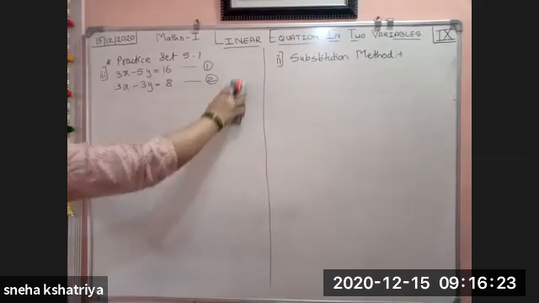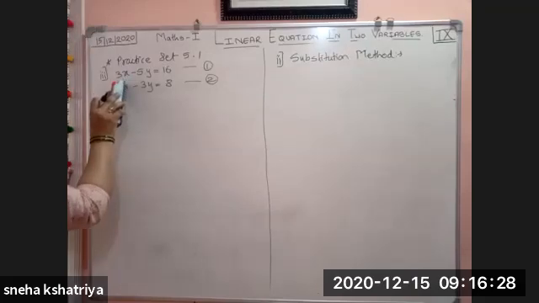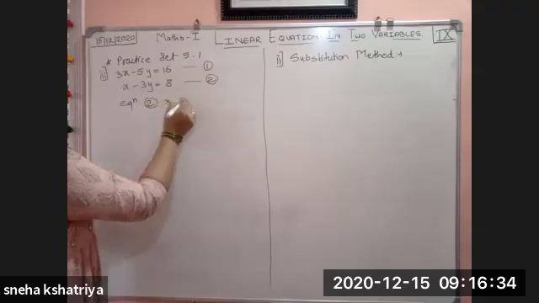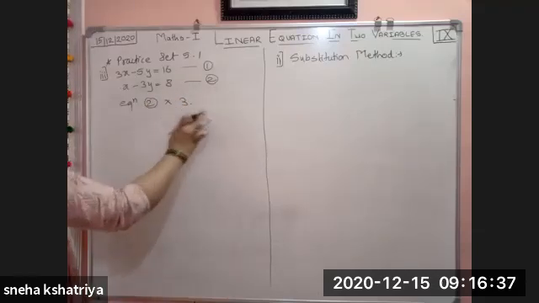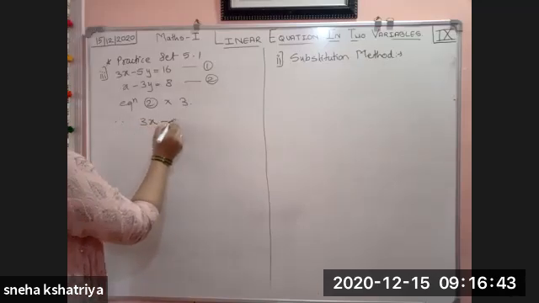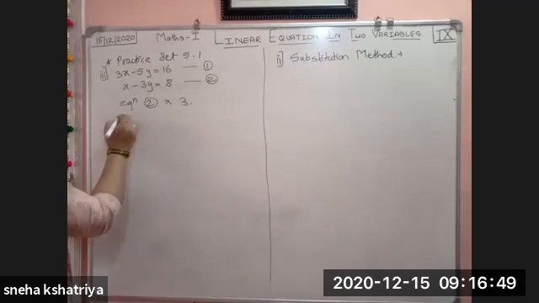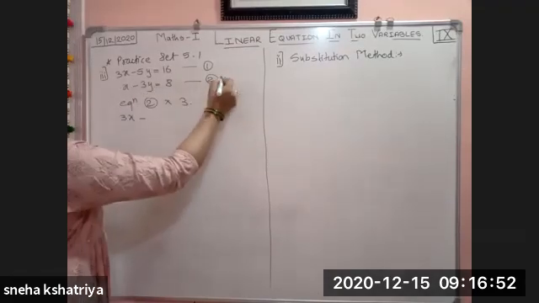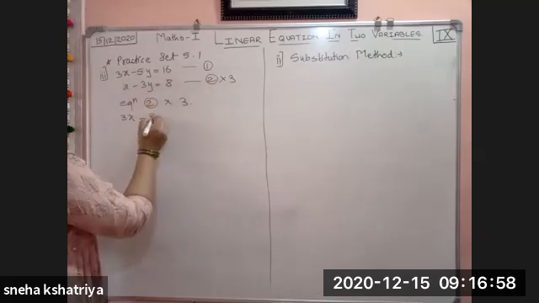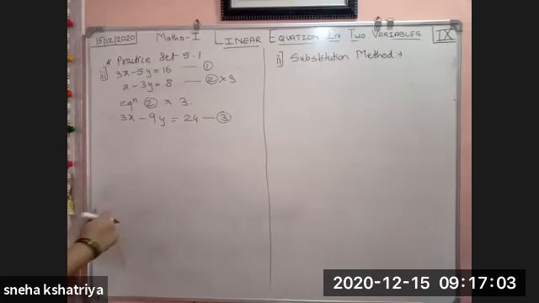So here we can say x is single, no? x minus 3y. Equation 2 multiply by 3. Simple. So therefore we get, equation 2 we will write first: 3x minus 3y, you have to multiply by 3. 3 into x becomes 3x, minus 3 into 3, 9y, equals 8 threes are 24. This becomes now your equation number 3.